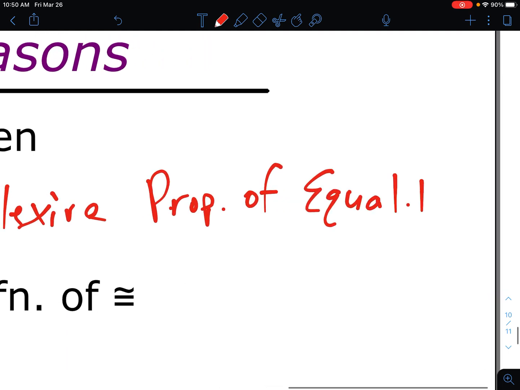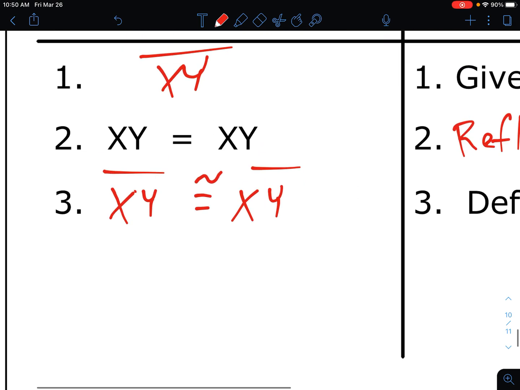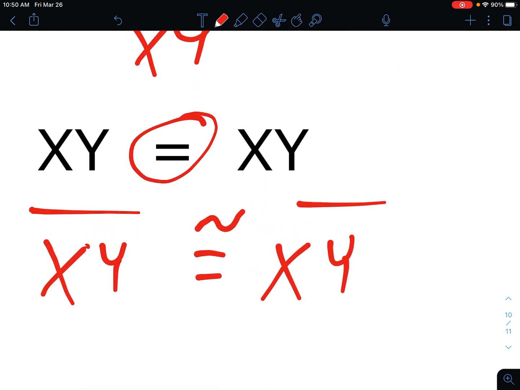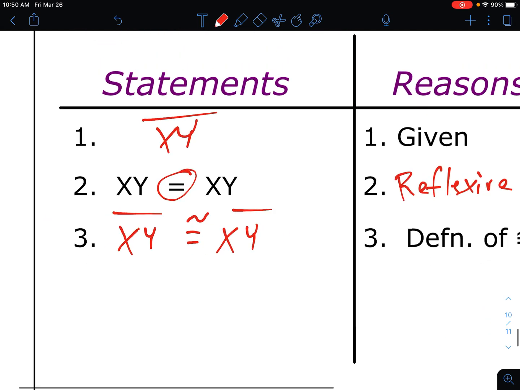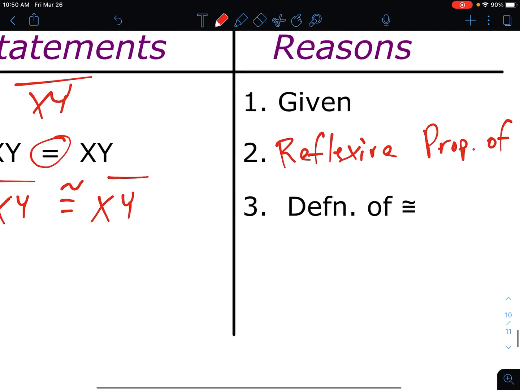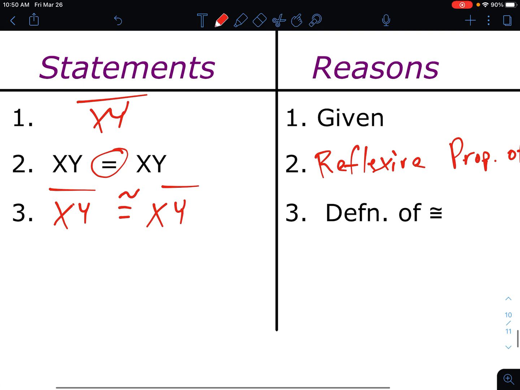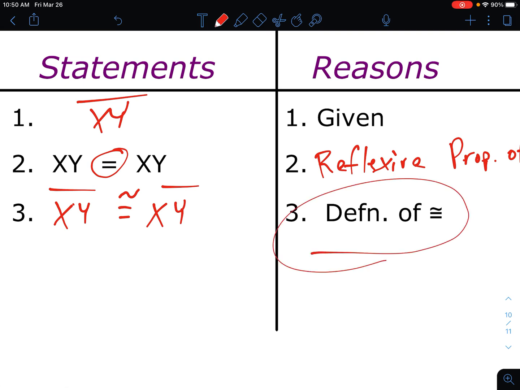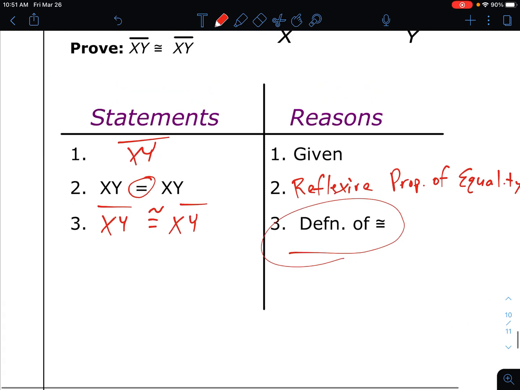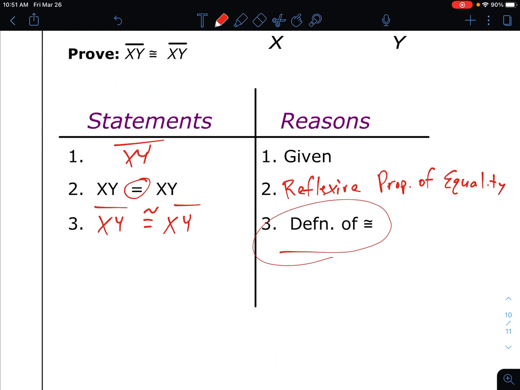POE. Now we can use the property of equality because it's an equal sign versus the property of congruence because of the congruent symbol, right? And then at the end, how do I know XY is congruent to XY? That's just the definition of being congruent. If they're equal, they are congruent. So that's our beginning journey into geometric proofs. Awesome job, guys. Have yourself